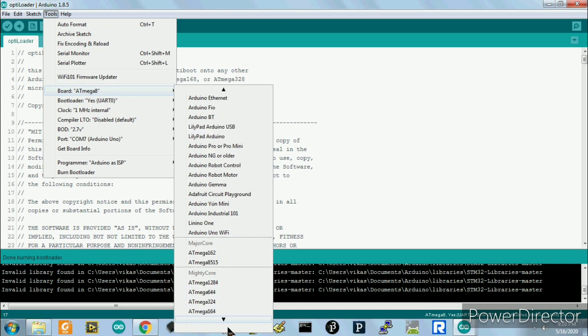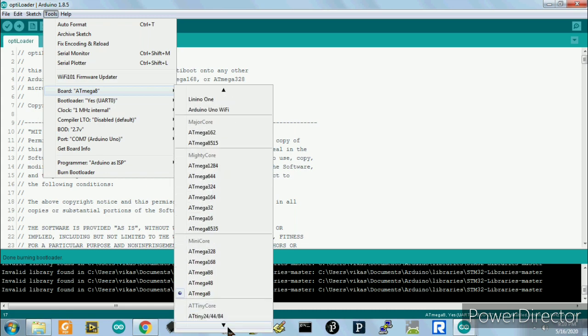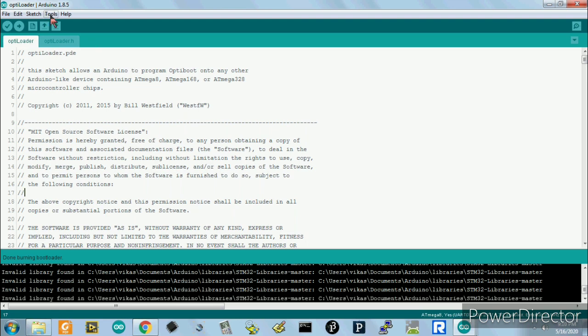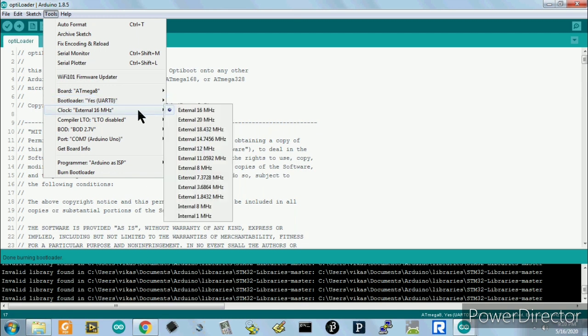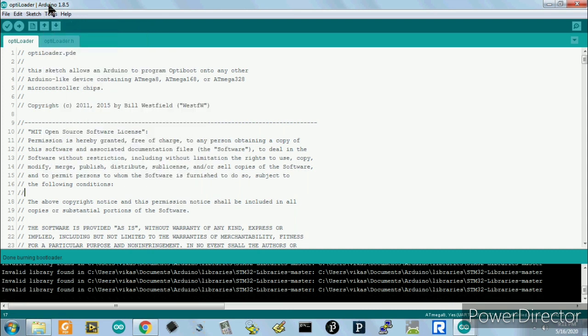Once the package is installed in the board manager, these packages will start showing in this drop down menu. Here I have added Atmega 8, so we have to choose Atmega 8 first, then after that the clock. We have to have the bootloader, so bootloader to be enabled. Since I am not using any external clock, I am choosing internal 1 MHz clock as the default.